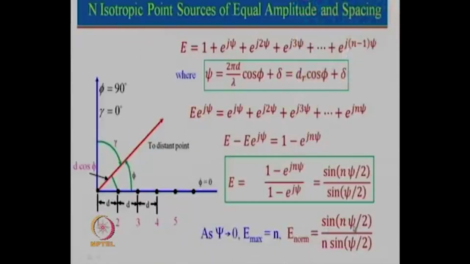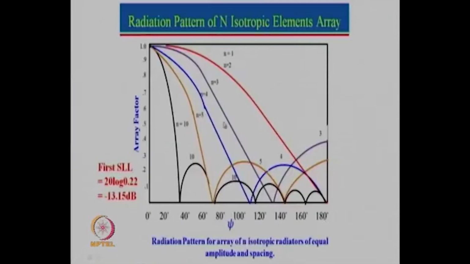If psi is equal to 180 and n is equal to 2, we can see that this value will go to 0. And then as n increases, for n equal to 3, the curve goes like this. Here there is one side lobe level. When n is equal to 4, there is a complete side lobe level, and if I look at n equal to 10, there are multiple side lobe levels whose amplitude is decreasing progressively. You can also see that as we are increasing n, n equal to 2, 3, 4, 5, 10,